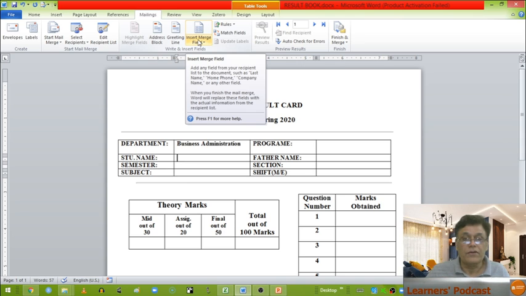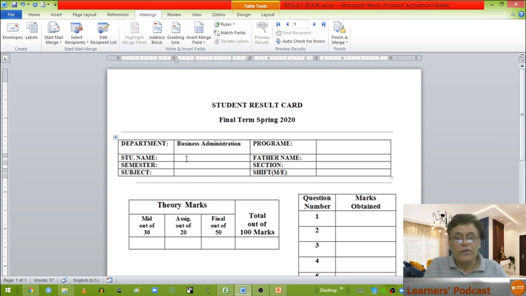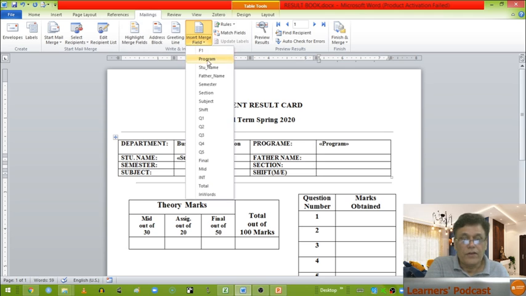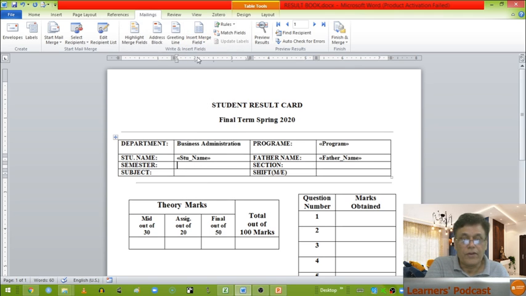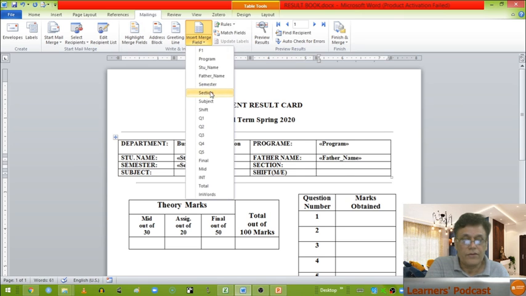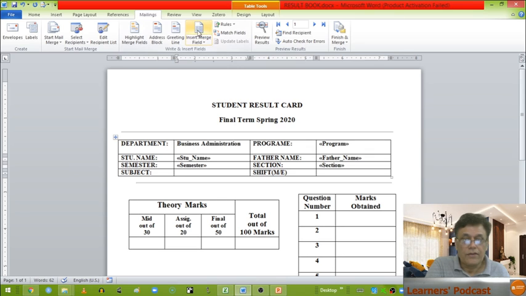Now the next part is to insert the fields. Here what you will do is select the fields from the Excel file that you are going to place here. In this case, this is the first merge field, the program field. So its placeholder would be selected from here, program. Its placeholder is here. Then the student name. This is another field. You select the student names. For the father name, you select the father name. For the semester, this is the semester, and then the section, this is the section. Okay, and after that the subject,